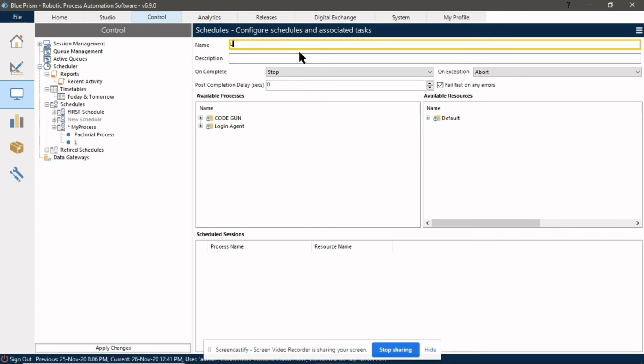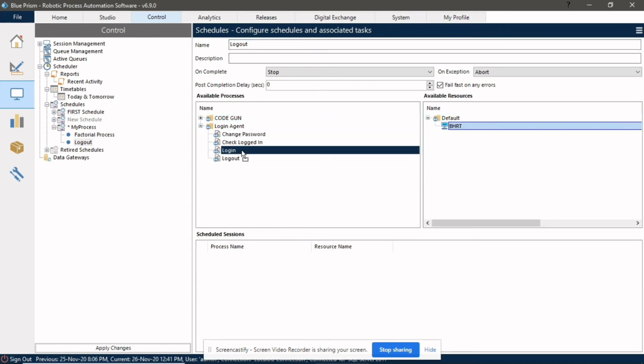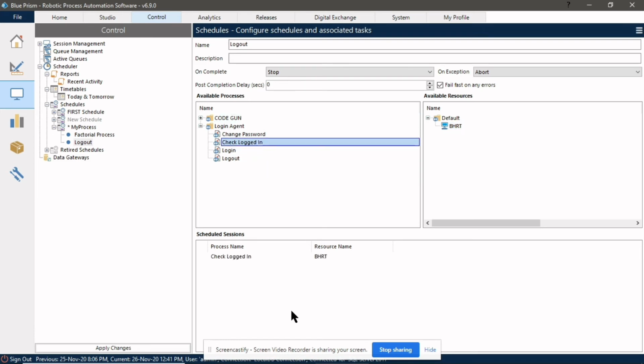Let's create a new task which will trigger after completion or termination of the factorial process task. I'm not adding the logout task as it will log out my system.